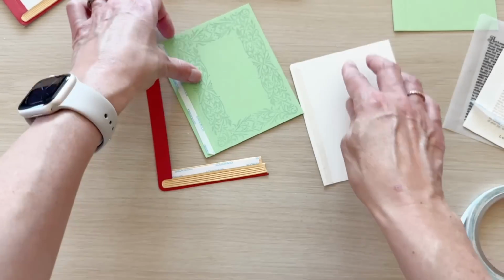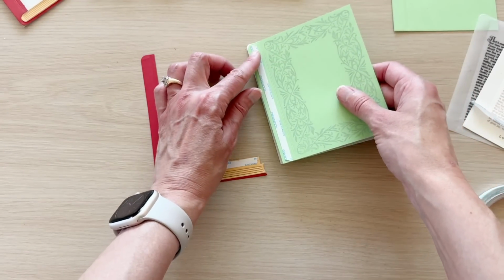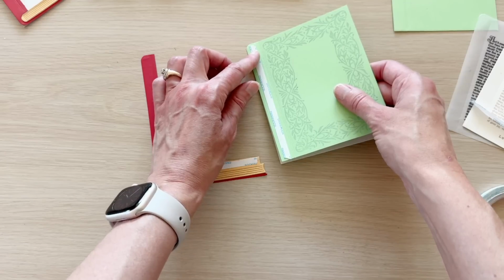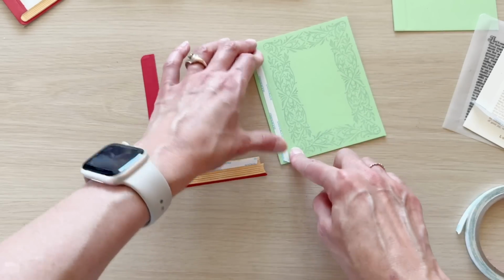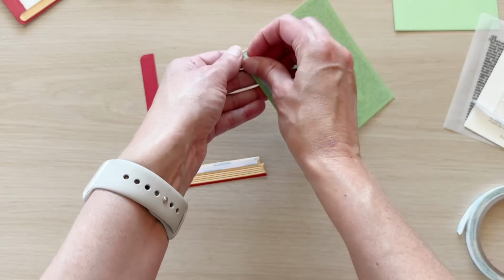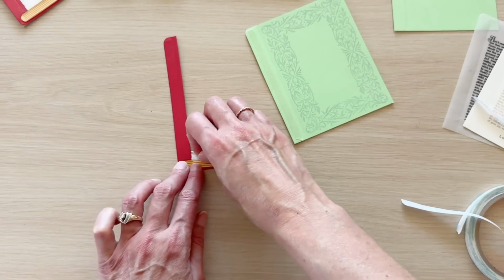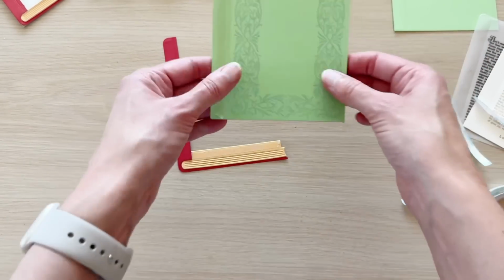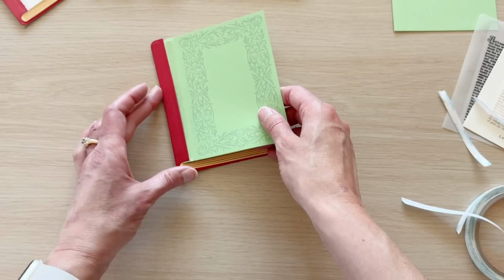So then we're going to remove the liner from the adhesive on the cream color piece and line that up with our cover so those 2 pieces get adhered together. Then we'll go ahead and remove that liner and this one on the spine or the page detail as well. And then I'm going to go ahead and tuck this into place,